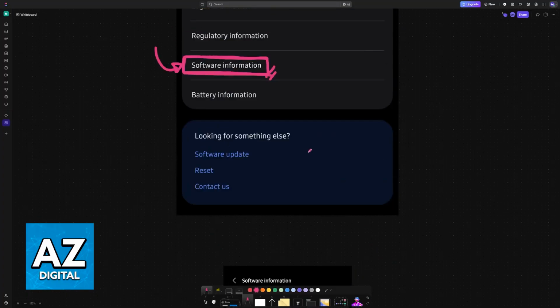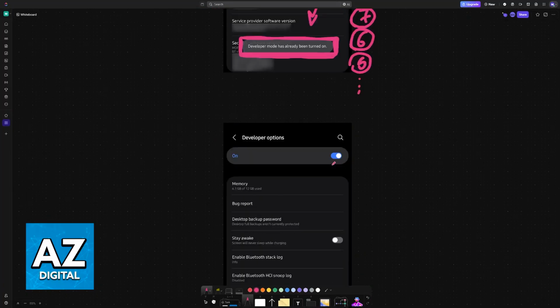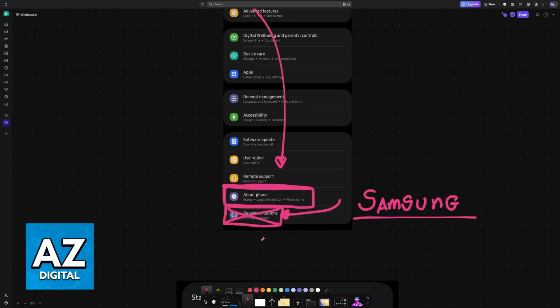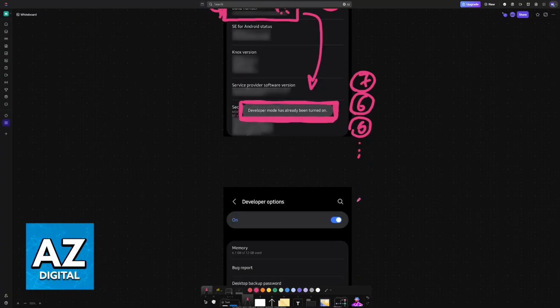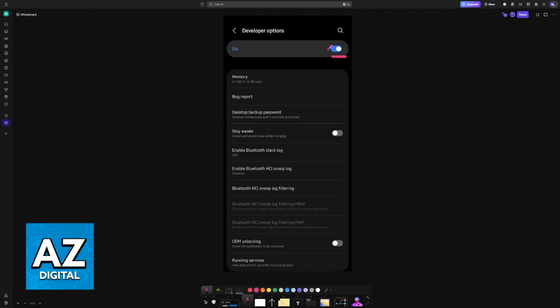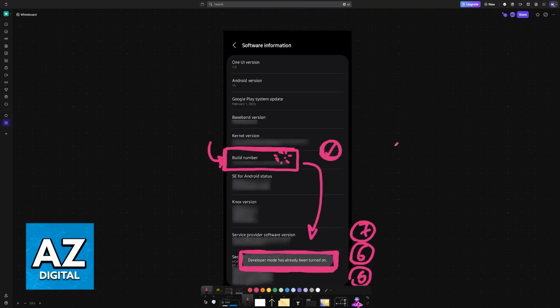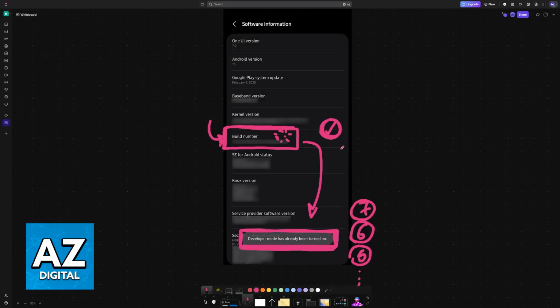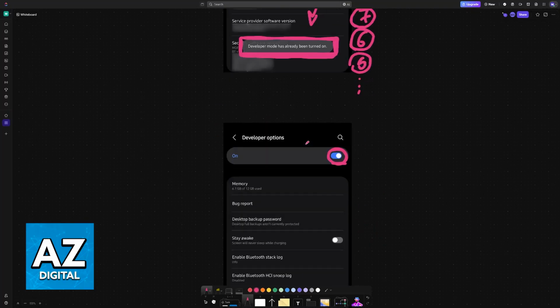You can now back out of this menu, and if you look under About Phone, as you saw right here, you will then have developer options enabled. Make sure that they are enabled here at the top first, and now you can change them. So you can change stuff like USB debugging, you can see the amount of memory being used, you can change DPI, and various other settings that are hidden beneath this menu. So just tap on build number repeatedly.